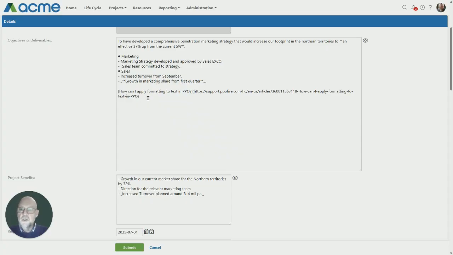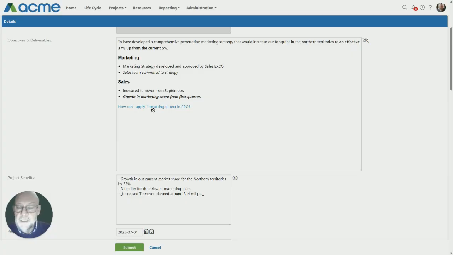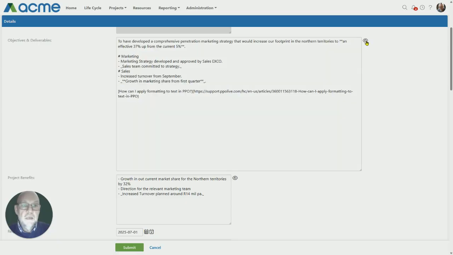The last option I'm going to show you today is how to apply a hyperlink to your text box. As you can see here, I've got a hyperlink. As soon as I hover over that, I can click on that, and that will take me to the hyperlink that I have created. If I take the preview off, the text that you want to see, you enclose in square brackets, followed by the actual hyperlink in brackets.